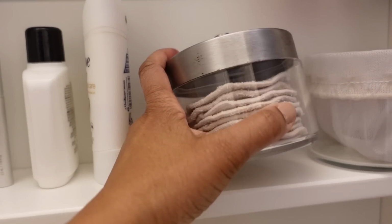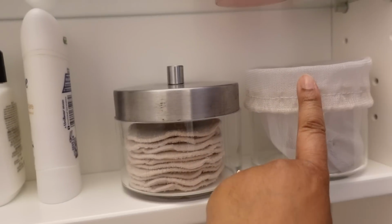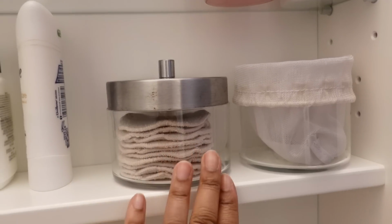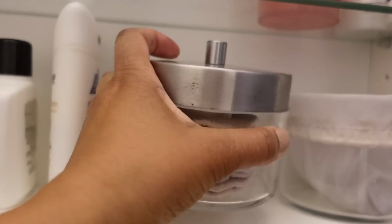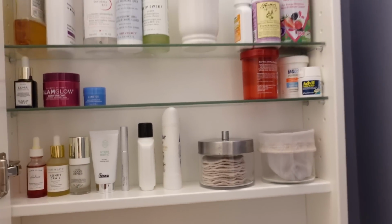These are reusable cotton rounds, and when I'm done with them, they basically go in this. This is basically their laundry hamper for these. And then when I'm done going through all these, I just put them in the wash and they come out mostly clean, not as white as they were when I got them, but clean enough to do a good job. And that is the new